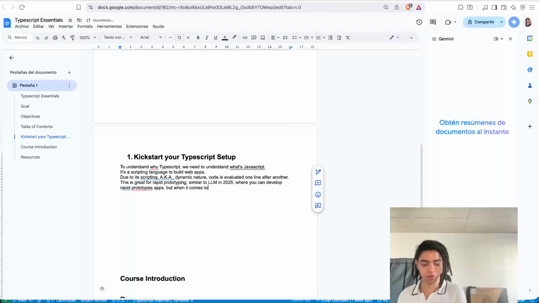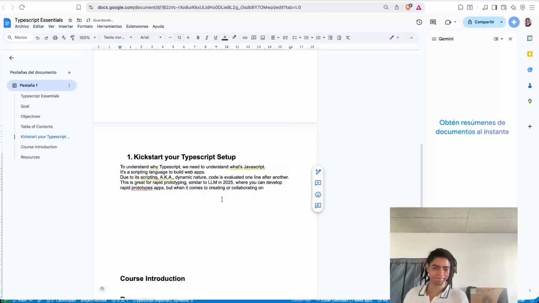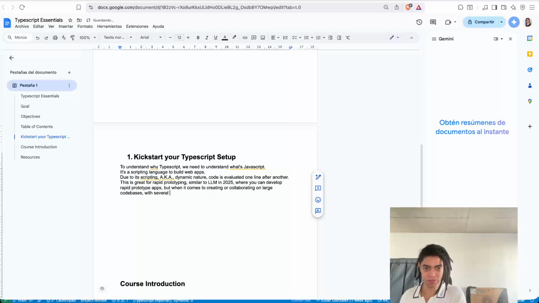But when it comes to creating or collaborating on large code bases with several teams now scattered across the globe,